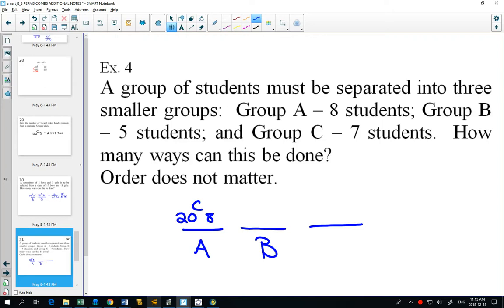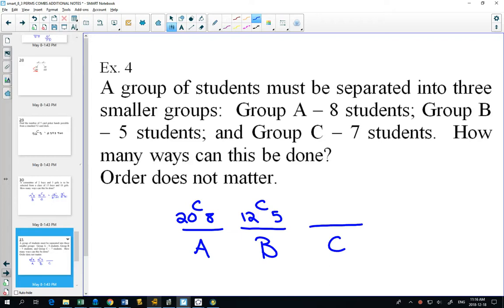B. How many ways can we choose group B? 12 choose 5. Why 12? Because you've already chosen 8 people. You're an A. You can't un-A them and make them B. And then group C,